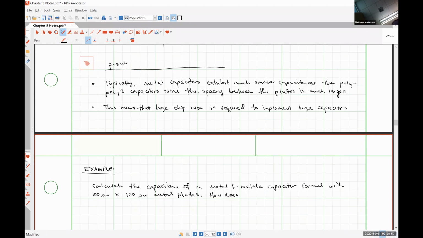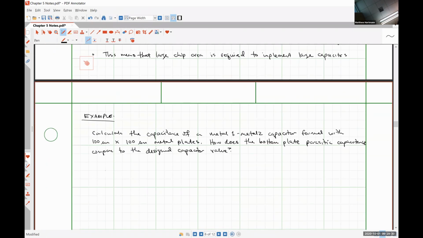How does the bottom plate parasitic capacitance compare to the designed capacitor value? All right, so our